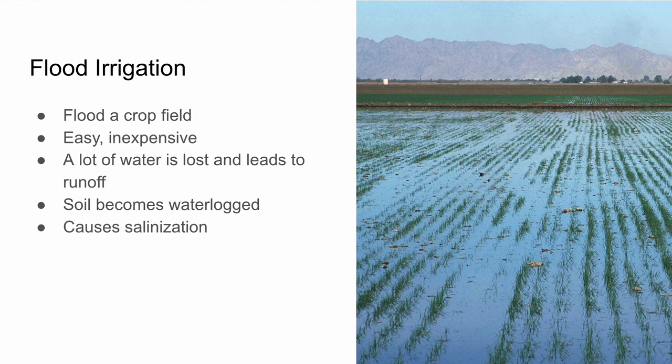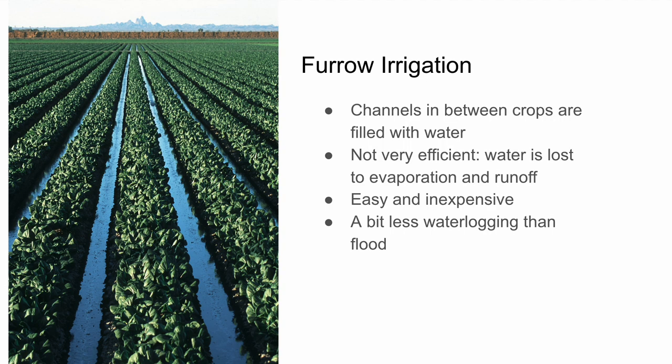So another alternative to flood that's also pretty inexpensive is furrow irrigation. It's very similar to flood, except you dig these channels between the crops, and those are filled with water. But like flood, it's also not very efficient. Water is lost to evaporation and runoff, and it's also easy and inexpensive, and there's a bit less waterlogging than